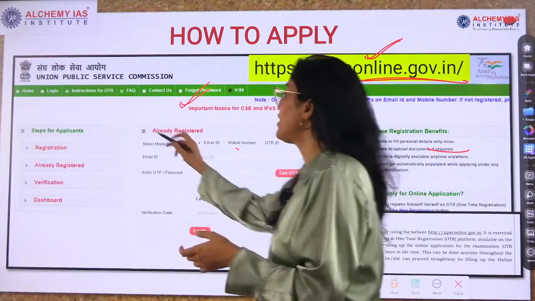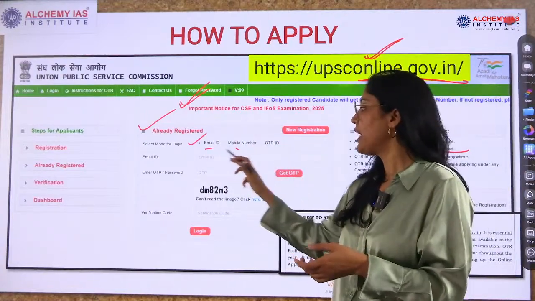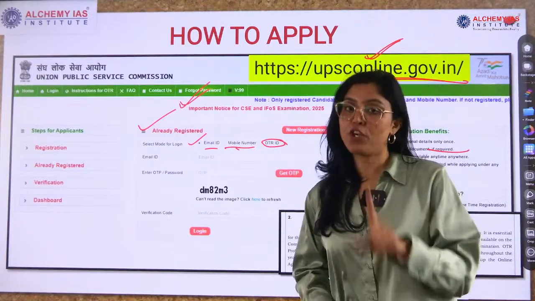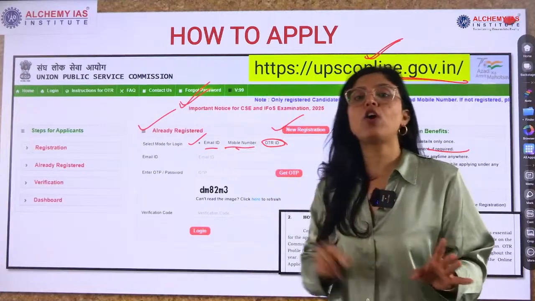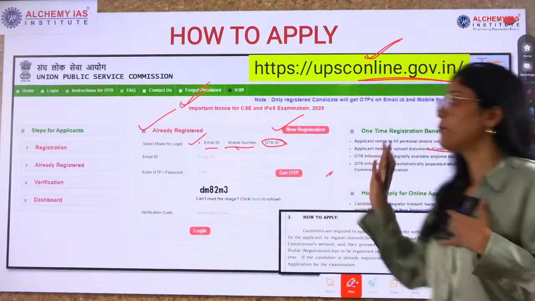Already registered students can log in through their mail ID, mobile number or OTR ID. But if you are new and no OTR registration has been done, then you will click on the new registration,